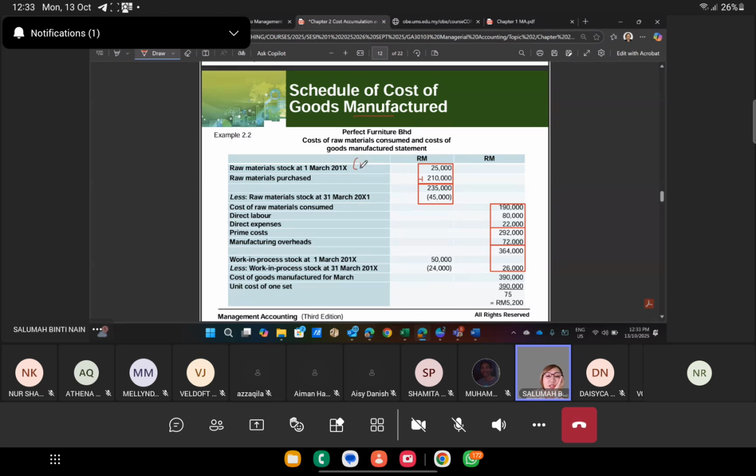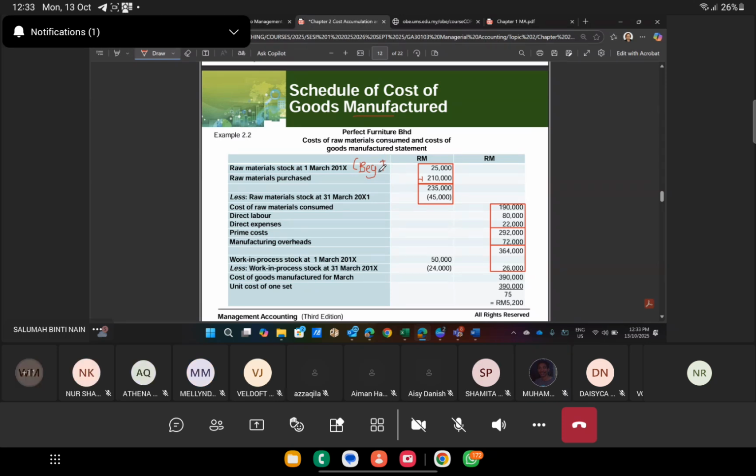This one is the beginning stock, or beginning inventory. And this one is the closing stock, or closing inventory. Ignore my ugly writing. Cost of raw material consumed,